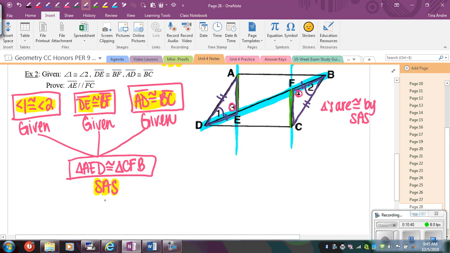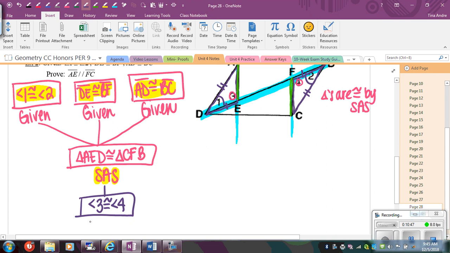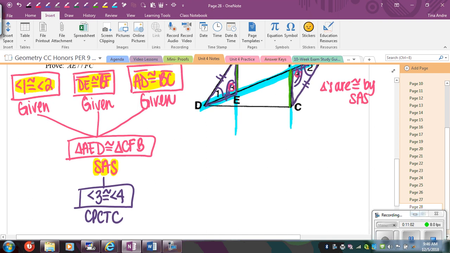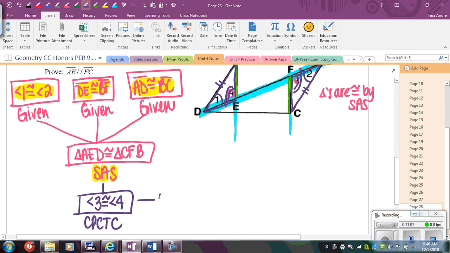So then from there, since we have the triangles congruent by side angle side, now I can say that angles 3 and 4 must be congruent by CPCTC. Corresponding parts of congruent triangles are congruent. I can go ahead and mark those now in my picture now that I've mentioned that they're congruent. And then from there, if those are congruent, that must make those lines parallel. So I'm just going to connect this off to the side here. So AE is parallel to FC because now I have congruent alternate exterior angles,